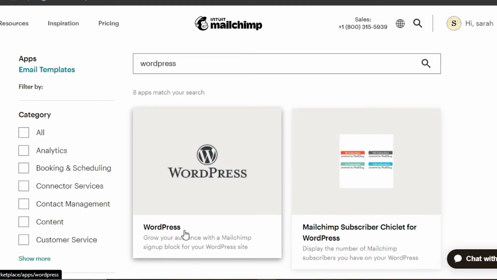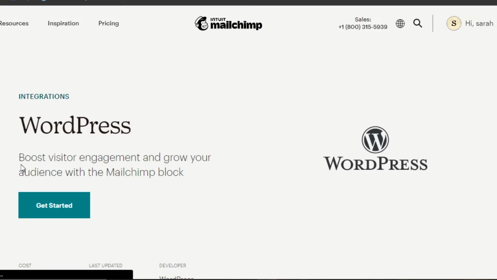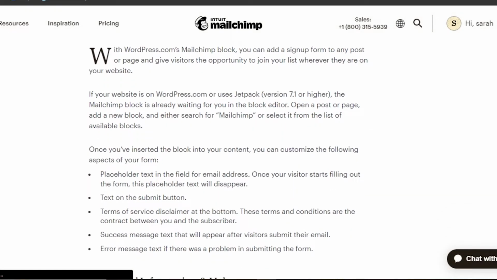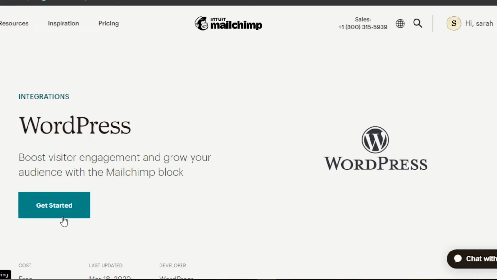All right, so we have WordPress right here in integration. I'm gonna select it. All right, boost visitor engagement and grow your audience with the Mailchimp blog. And this is how it will work. You have to click on Get Started. It will take you to